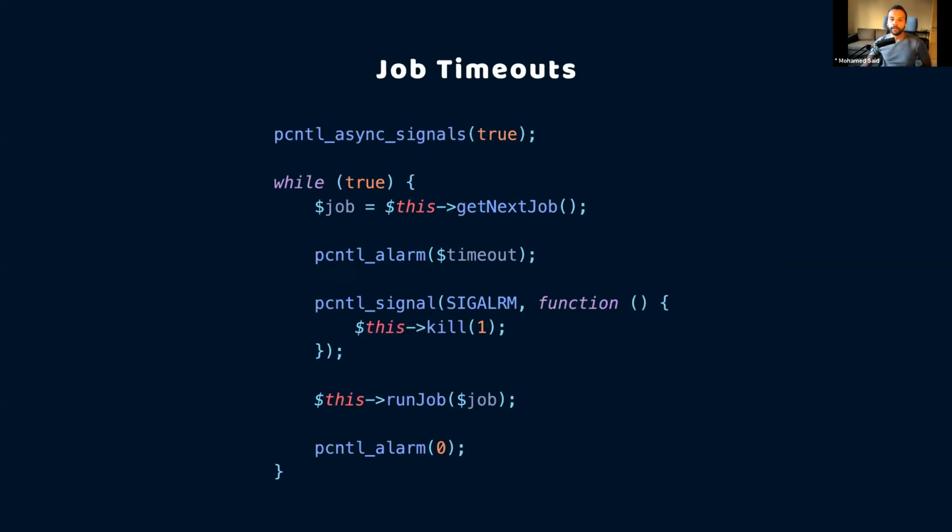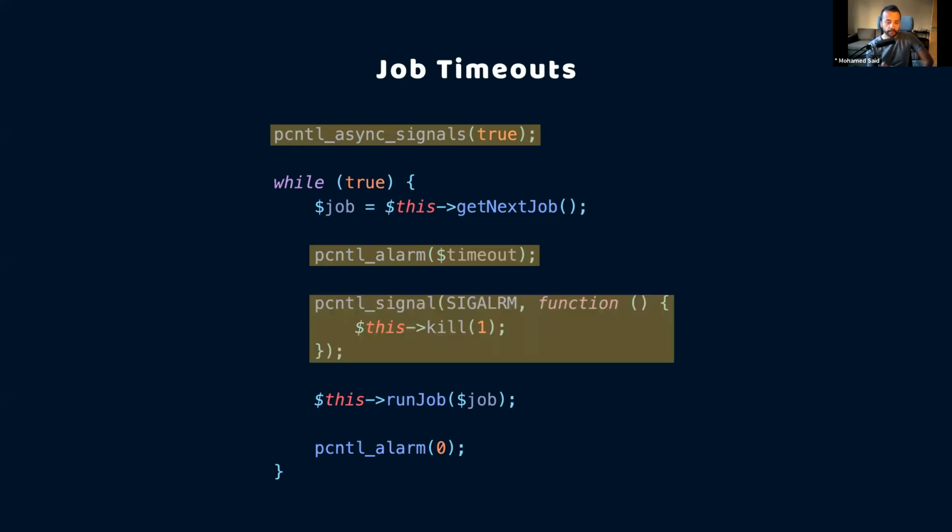Next, we are going to look at job timeouts, and to implement this, Laravel requires the process control PHP extension. Before starting the infinite while loop, Laravel is going to enable signal handling using this PHP extension. And after picking a job, it's going to create an alarm using the timeout that you set. In our example, we set the timeout to 60 seconds. So this line here is going to start an alarm that will go off after 60 seconds. And later it sets the signal handling of this alarm. So whenever this alarm is triggered,